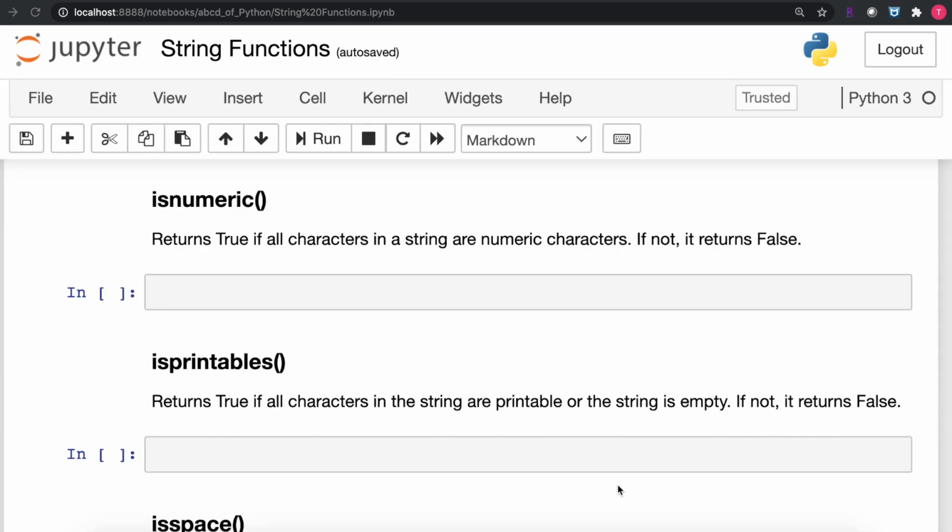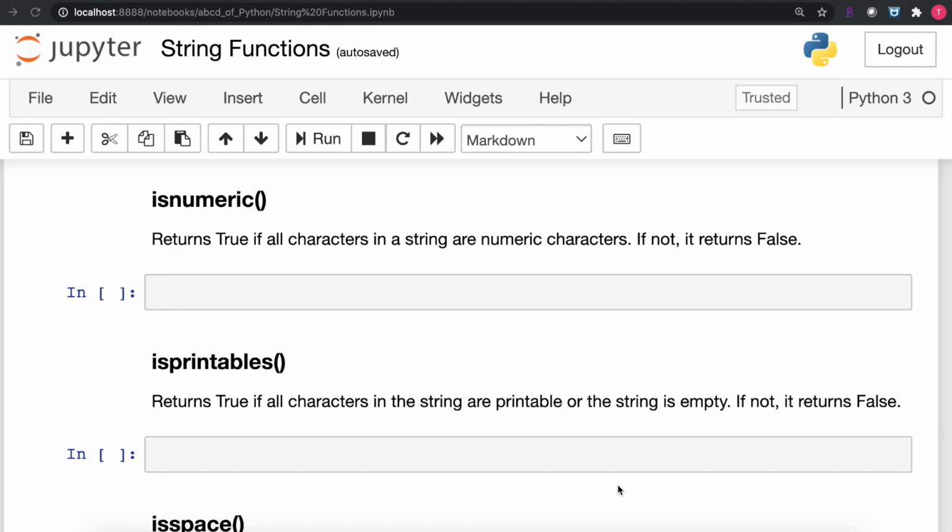The isnumeric string function will return a true if all characters in the given string are numeric, else it will return a false. You may be wondering that there is an isdecimal function and also an isdigit function. I have already explained the difference between the isdecimal and isdigit string functions: the isdecimal string function will return true if the string contains numbers between 0 to 9. The isdigit string function will return true if the given string contains the numbers 0 to 9 or a numeric